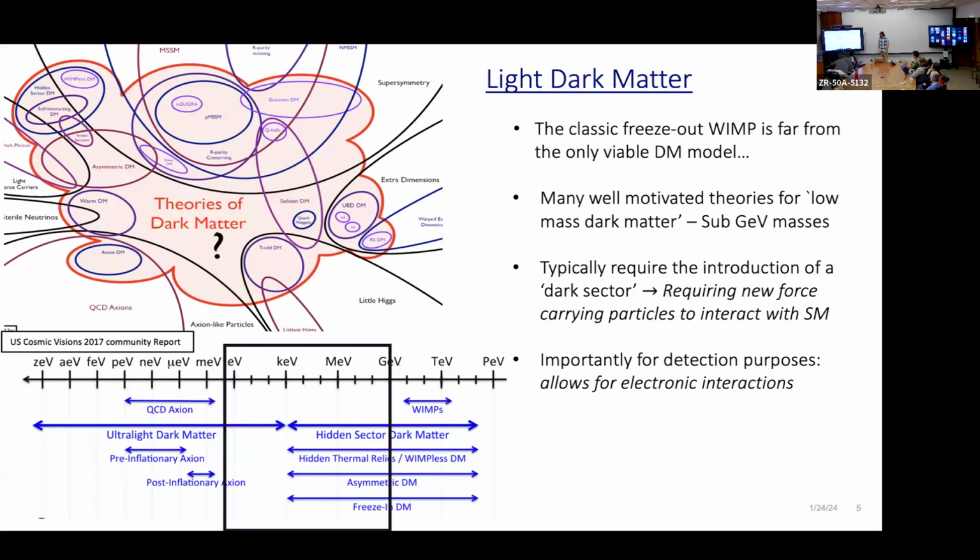And so in order for these models to make sense in the universe that we observe today, we have to make the model a little bit more complicated and not just have a single dark matter particle, but kind of a rich dark sector. There's a variety of dark matter particles and dark force carriers that interact with the standard matter. And so why that's important for this talk is that it allows for the option of dark matter interacting electromagnetically, which with the WIMP, that was not part of the model.